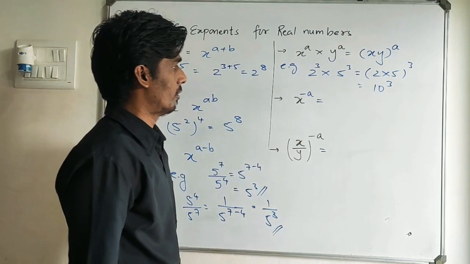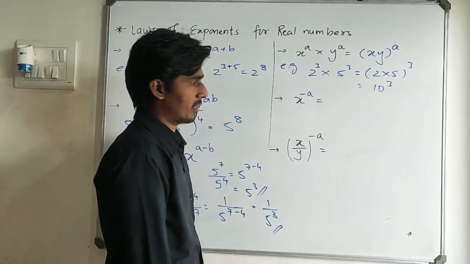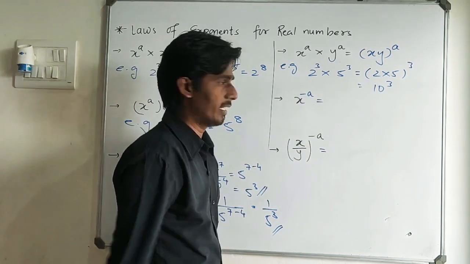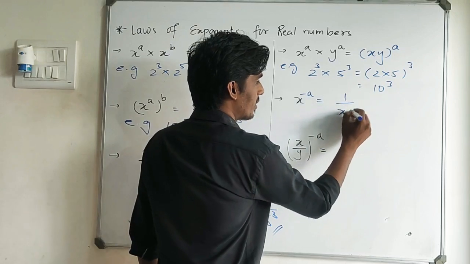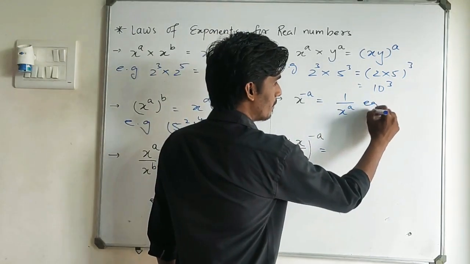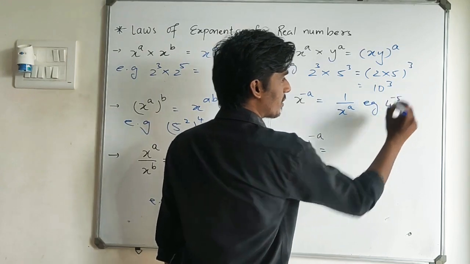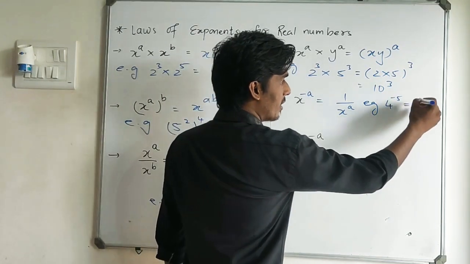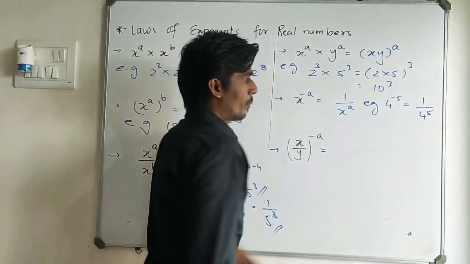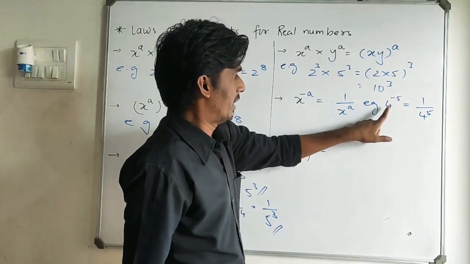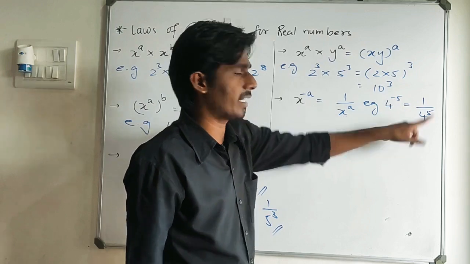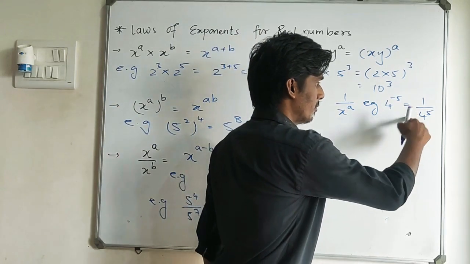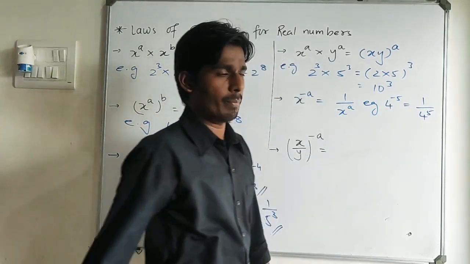Now the inverse rule. Now x raised to minus a. If I want to make this power positive, तो मुझे पावर को कहाँ ले जाना होगा? डिनोमिनेटर में. So this becomes x raised to a. For example, suppose 4 raised to minus 5. To convert this negative power to positive power, I have to take this whole number into the denominator. तो पूरा नंबर नीचे चला जाएगा. ये +4 है वो तो प्लस ही रहेगा, सिर्फ पावर का साइन चेंज होगा. स्टूडेंट कभी कभी क्या करते हैं? इसको भी नेगेटिव कर देते हैं. That is a wrong thing. So only you have to change the sign of the power.